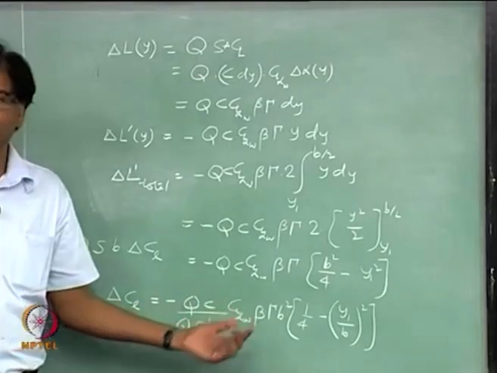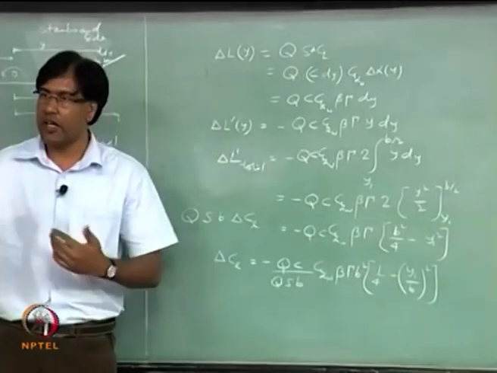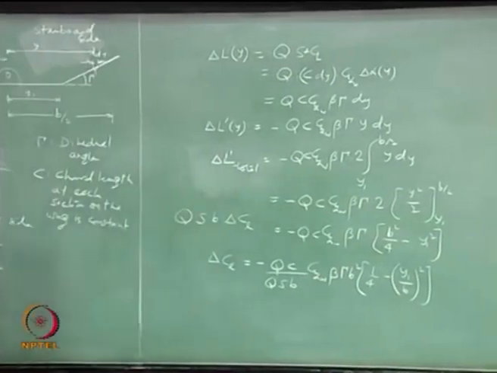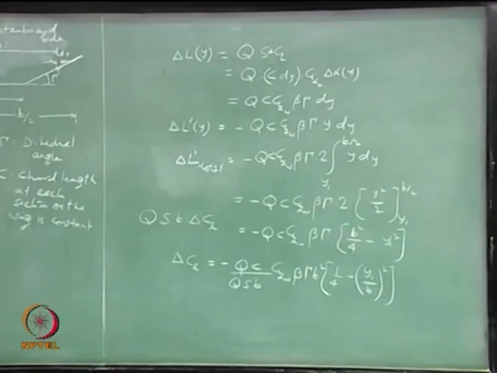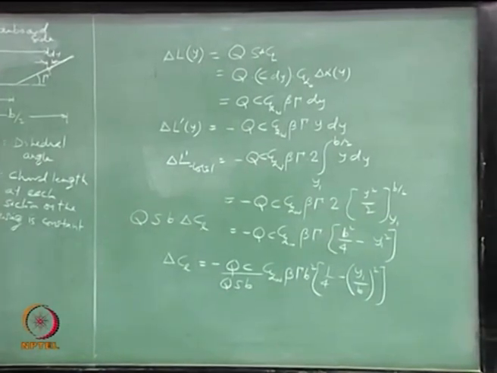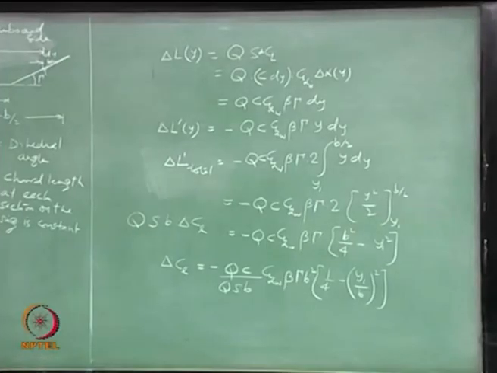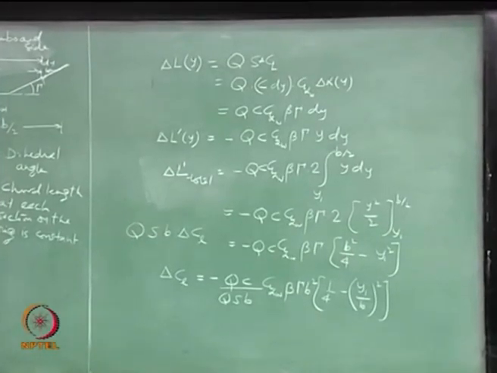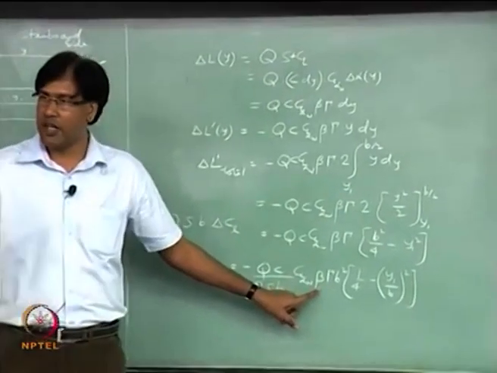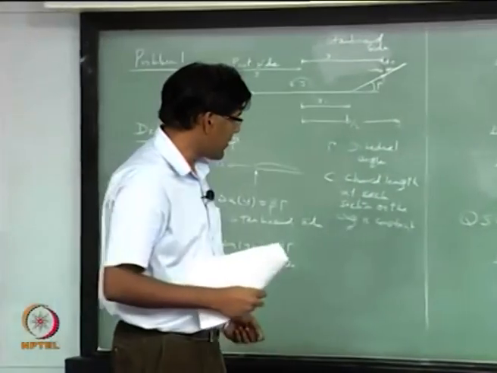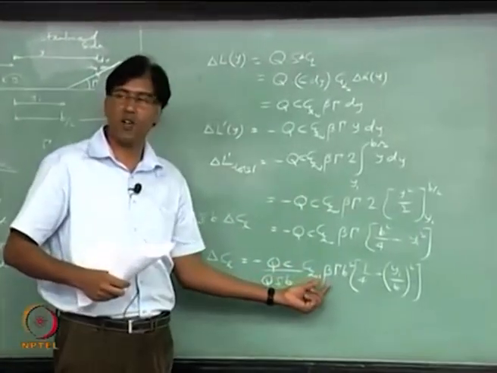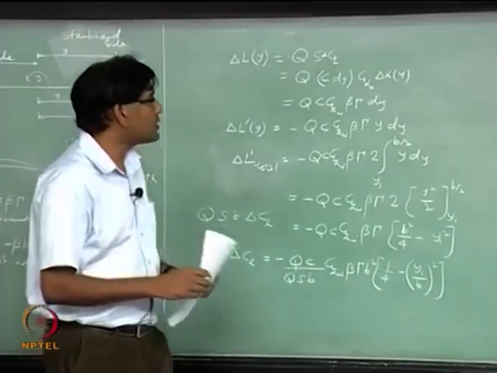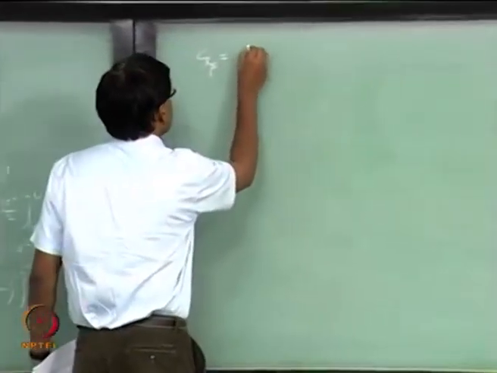So, remember that we are measuring this beta from the 0 condition. You can consider this beta as also delta beta, or change in the side slip angle. We are flying level, and from the level condition the side slip angle is 0, and now we are talking about a disturbed situation when the side slip angle is positive. So, we are measuring this beta from that 0 beta condition. We can take this also as delta beta. So, what you get here is